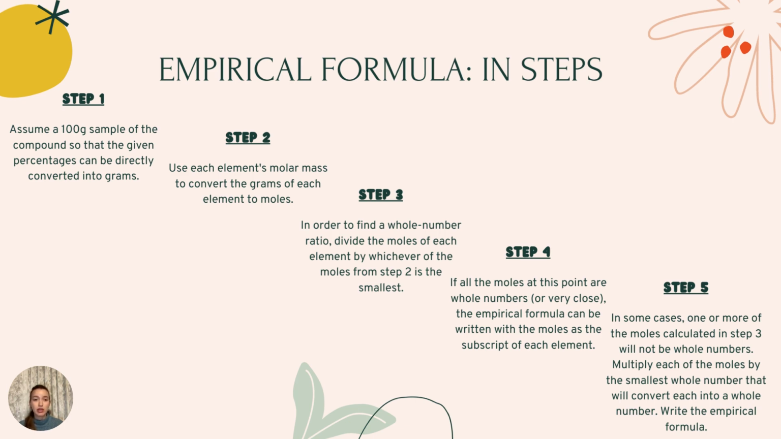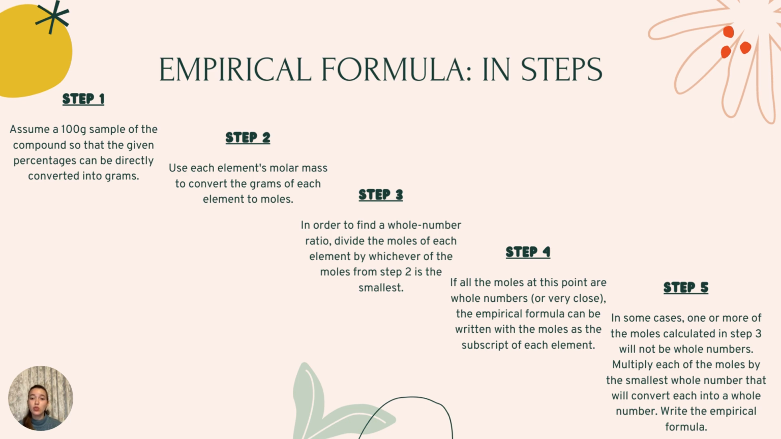And in step 3, we divide the moles of each element by whichever of the moles from step 2 is the smallest. In step 4, if we have all the moles being whole numbers or really close to whole numbers, something like 0.998 or close to that, then the empirical formula can be written with the moles as the subscript of each element. But sometimes this does not happen, so we have to follow step 5 as well, where